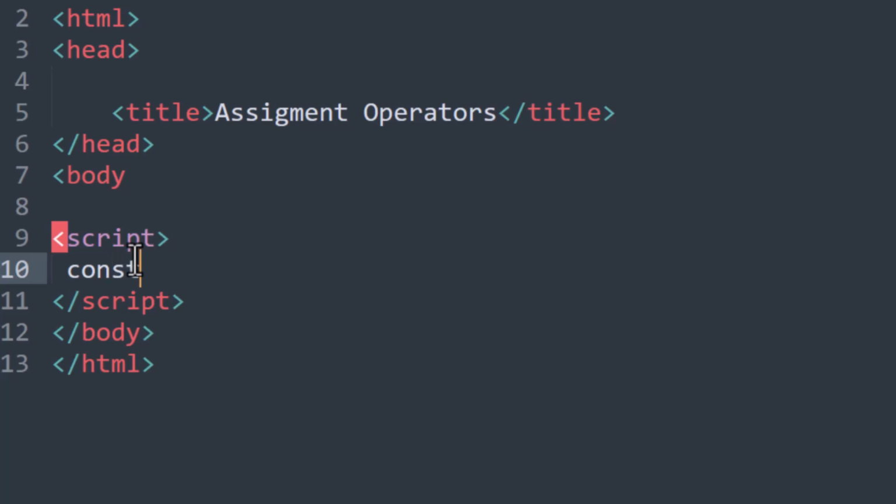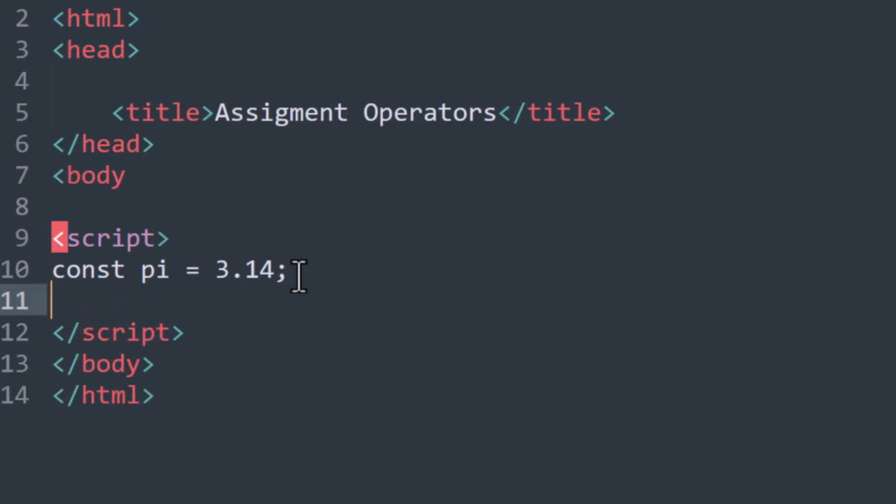Constant pi is equal to 3.14, because a constant normally does not change. For example, 3.14 is a constant that will never change. Again, if I need a variable that might change, I can use let. So I can say let person equals wolf, and then